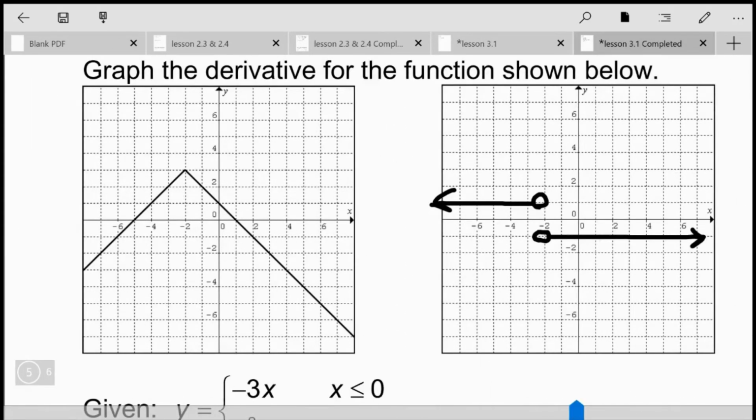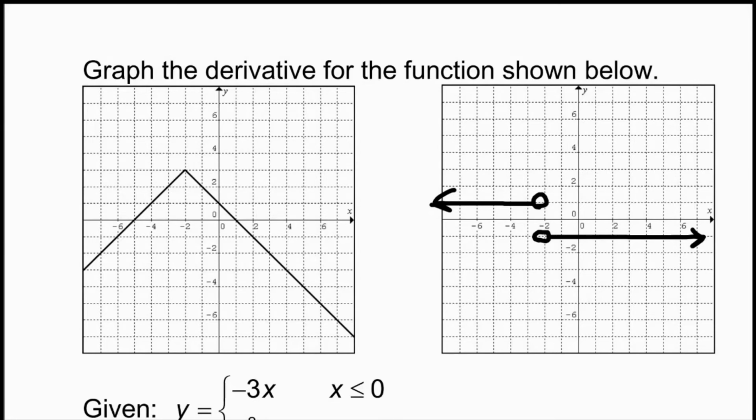Okay, so here's what you should have ended up with. You can see to the left of -2, we've got a slope that's actually positive. If you read the graph from left to right, you can see I have a slope of +1. And then to the right of -2, I have a slope that's now -1. And you can see that now my derivative graph has this jump discontinuity where the derivative jumped to a value